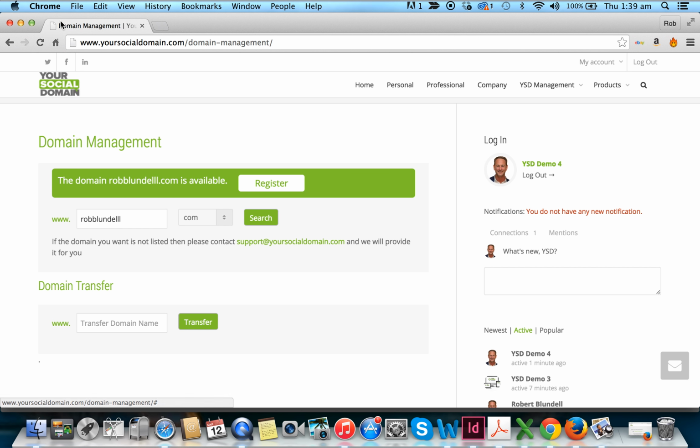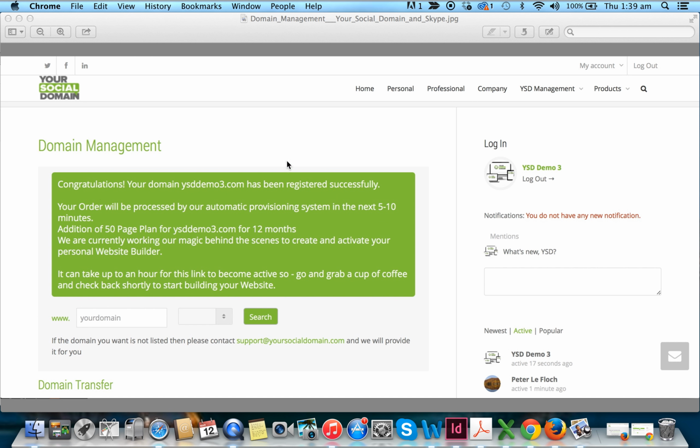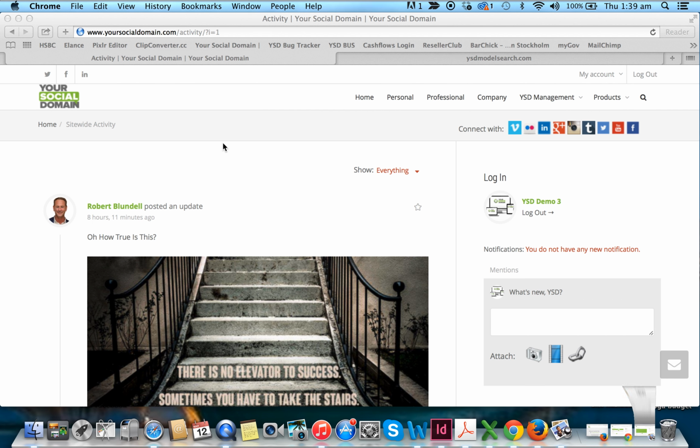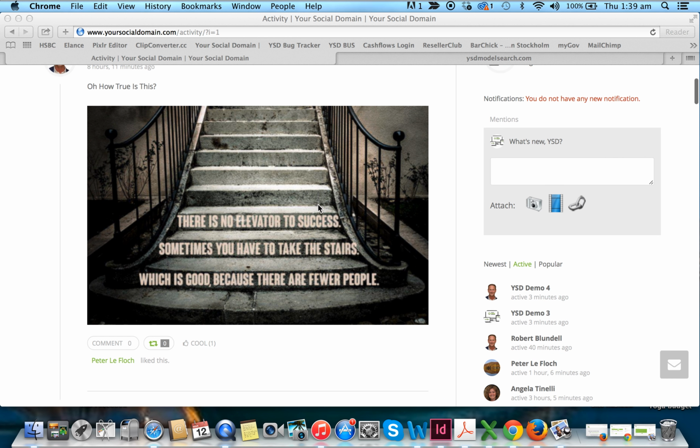So we click register. Once we've done that, we will be presented with this screen. It says, congratulations, your domain name has been registered successfully. It goes on to say that, look, it's going to take us 20 to 30 minutes, maybe up to an hour, for all of these links to be connected via the World Wide Web. So go away, grab a cup of coffee, and have a look around the platform and get to know it a bit better. Come on to the activity page,